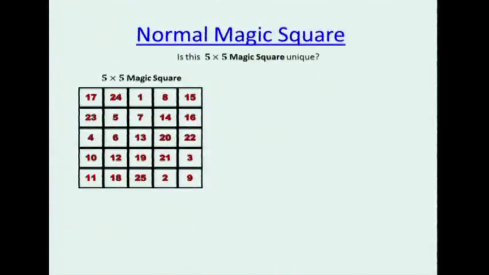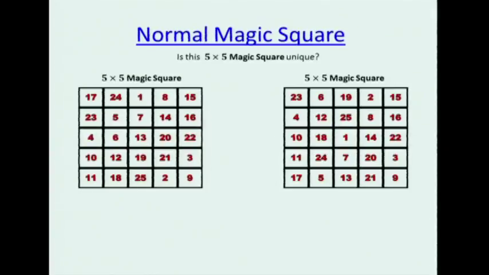Okay, so the question now is, we saw in the 3 by 3 that the magic square was unique for a 3 by 3. So is this 5 by 5 magic square unique? And the answer is, well, no. Here's a counterexample. It's not unique. For example, ours had 11, 12, 13, 14, 15. And notice 11 doesn't have 12 around it anywhere. 12 doesn't have 13 around it anywhere. 14 doesn't have 15 around it anywhere. So these two are unique. So if it's not unique, oh, I'm sorry, I forgot part.